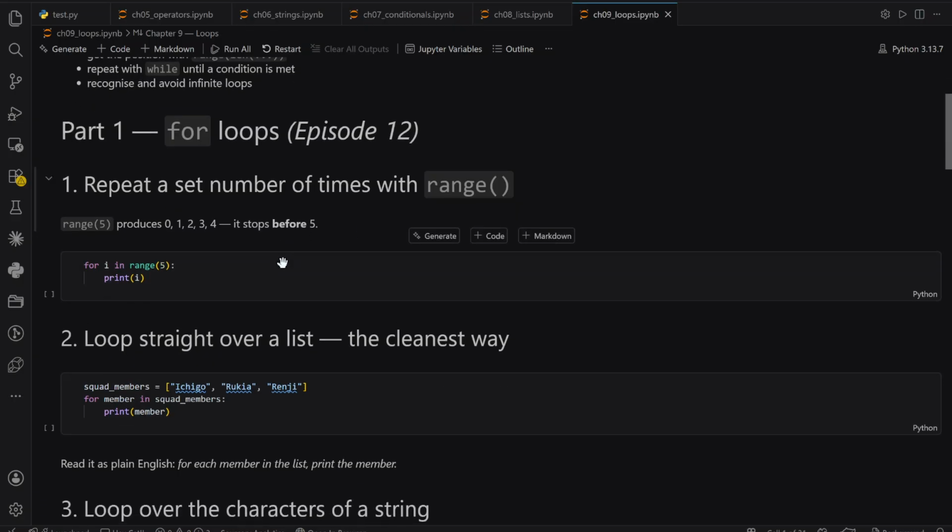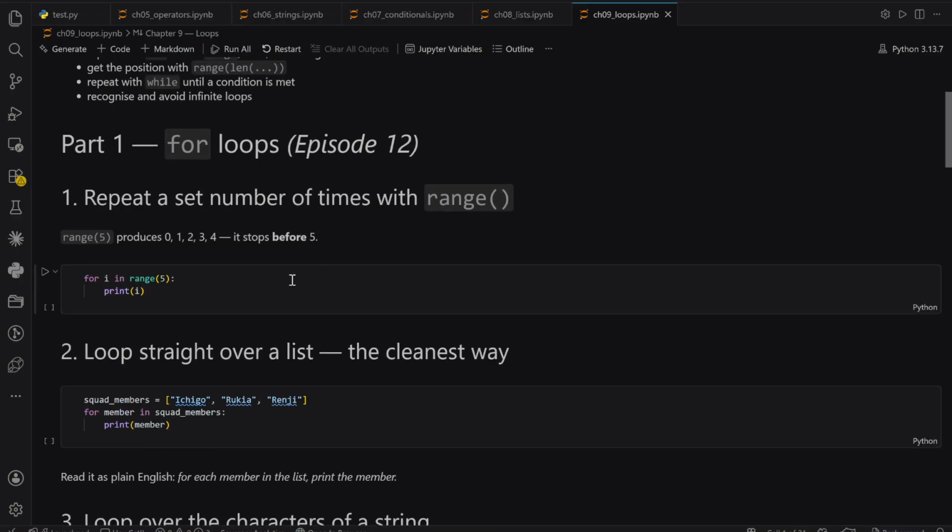Alright, the simplest loop repeats a set number of times using range, the range function. So for example, for i in range 5, and indented underneath is the thing to repeat. So if you run it,